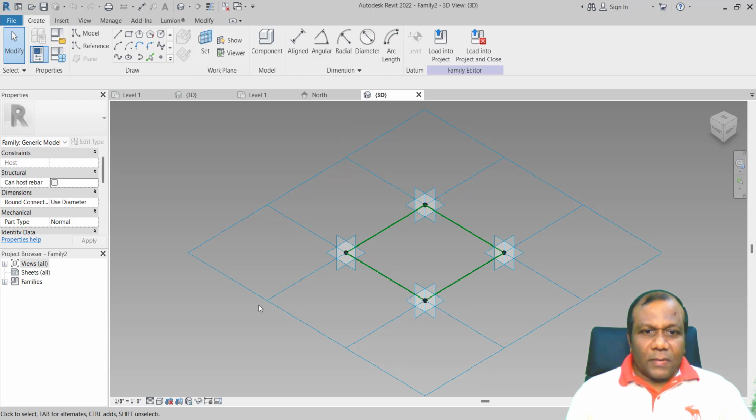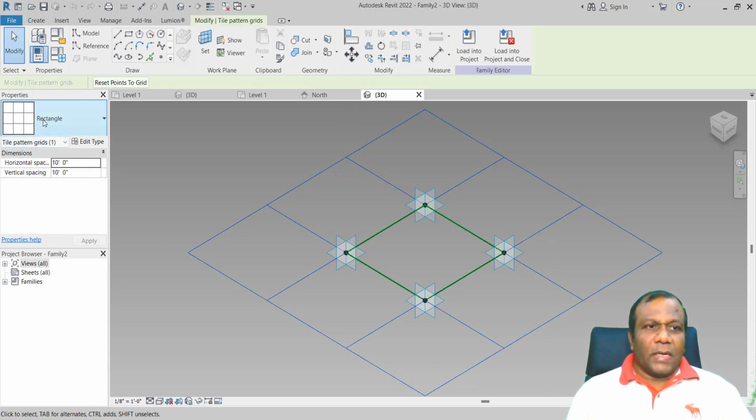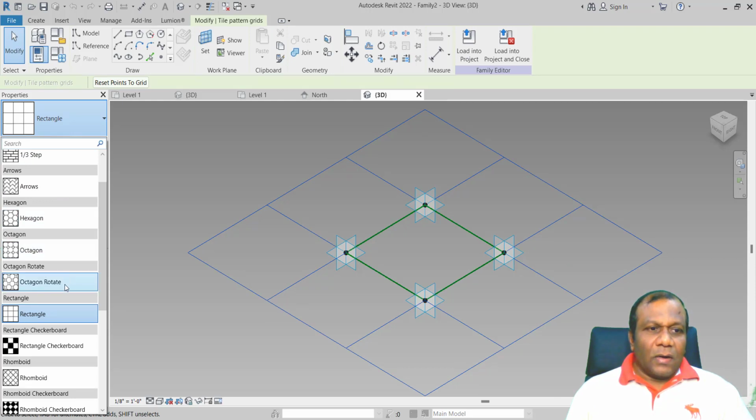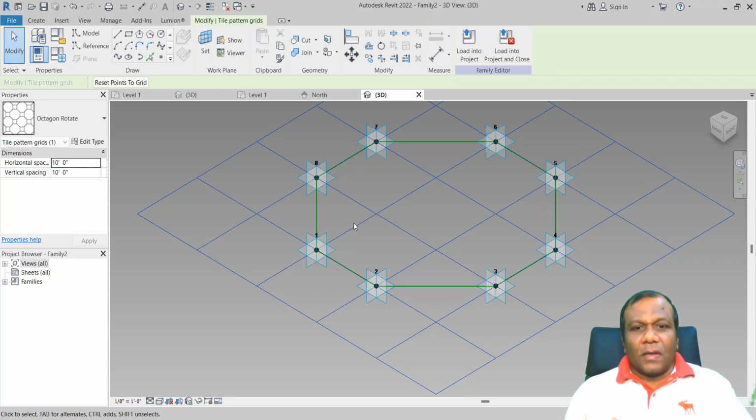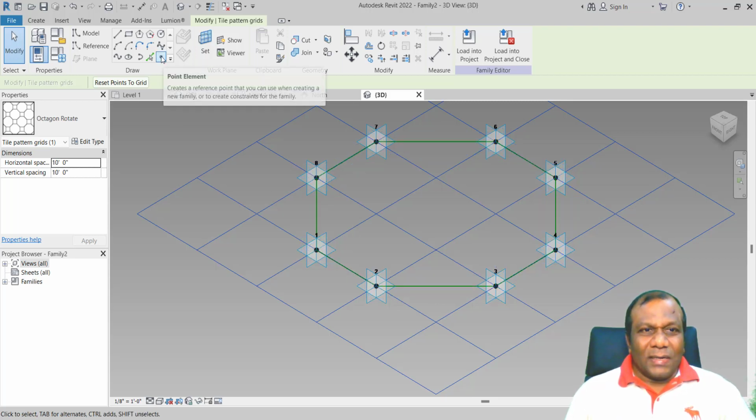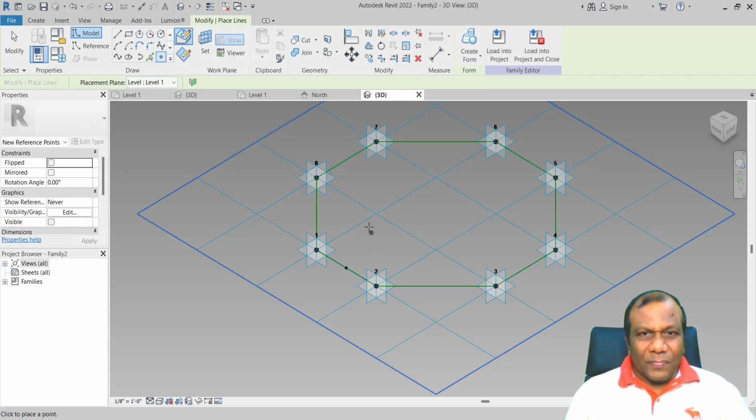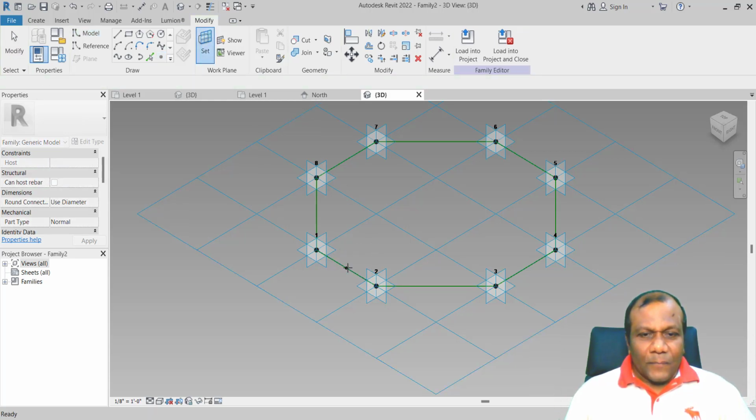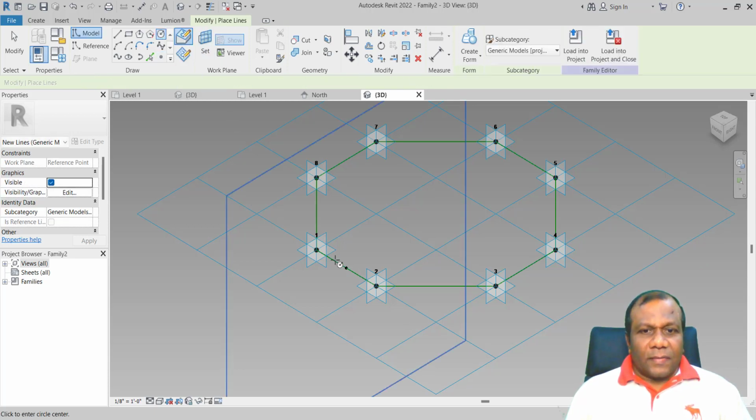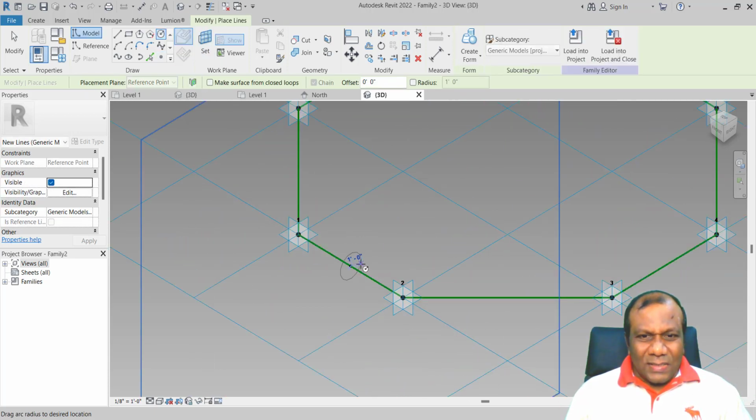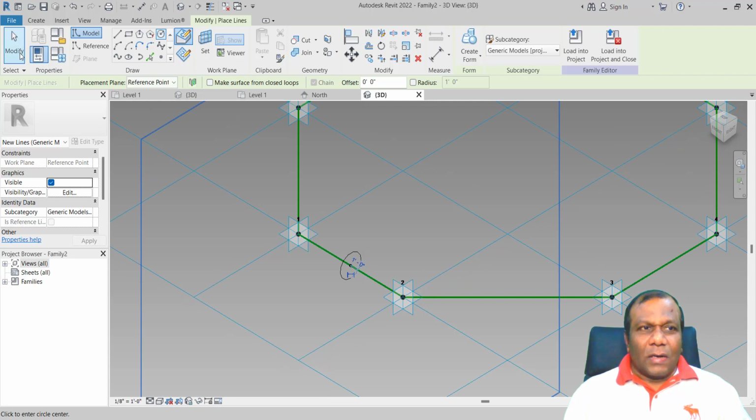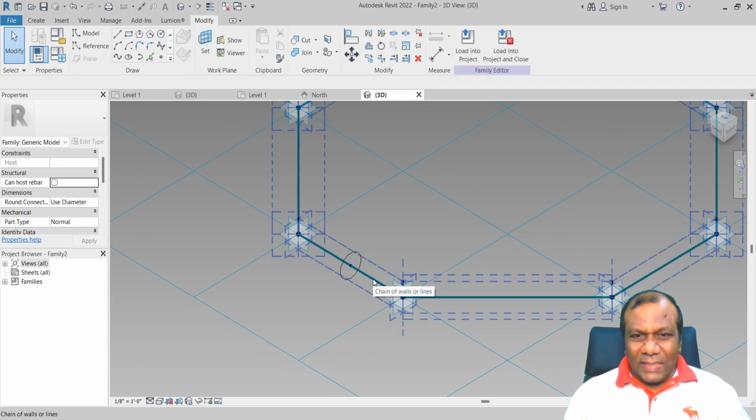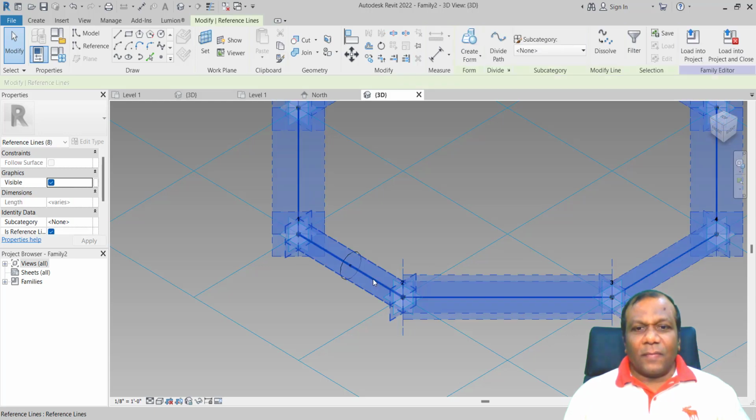Now select this blue grid here. Select the blue grid and here in the properties, change the pattern to octagon rotated. Okay, so you'll get octagon rotated. Now take a point and draw a point in the middle and set the work plane, right? Take a circle tool and draw a circle. I will give a radius 1 foot. Click that one. Now take the modify tool and select this chain of wall or lines and click create form